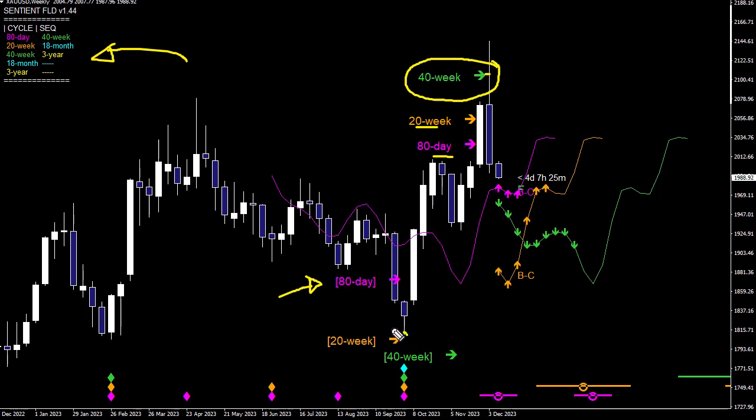Notice this 20-week cycle target, which was just below price at the beginning of October. In other words, that target was not quite reached. There is another target that was also not quite reached, which is this 40-week cycle target. When a target to the downside is not quite reached, it indicates that, of course, there is bullishness in the